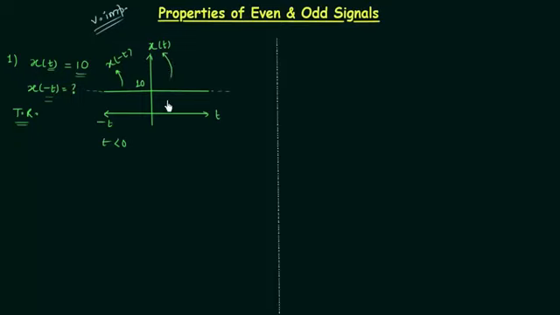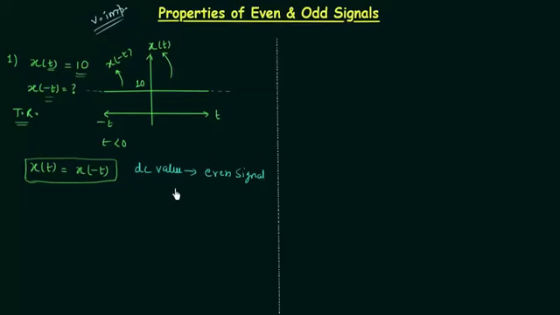And when we compare the two waveforms, we can clearly see they are mirror images about the y-axis, or we can say they are symmetrical about the y-axis. So after performing the time reversal, the two signals are symmetrical about the y-axis, and this is the property of even signals. And we can also see xt is equal to 10, x minus t is also equal to 10. So xt is equal to x minus t, and this is the property of even signals. Therefore DC value is an even signal,